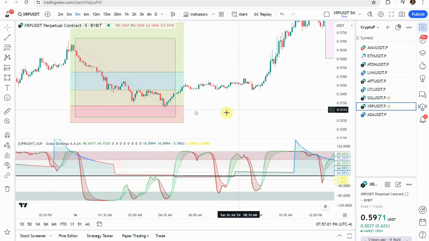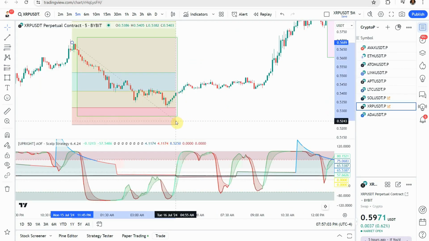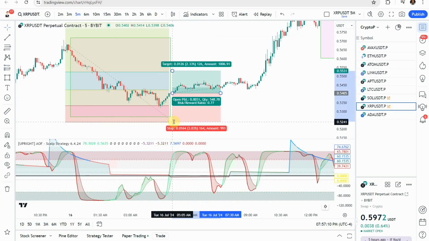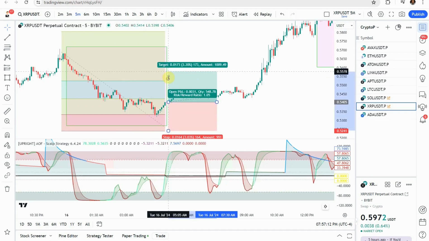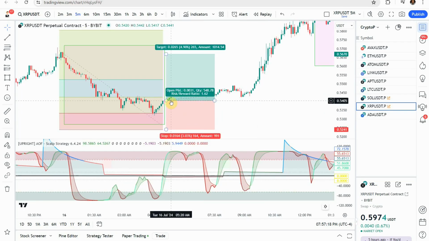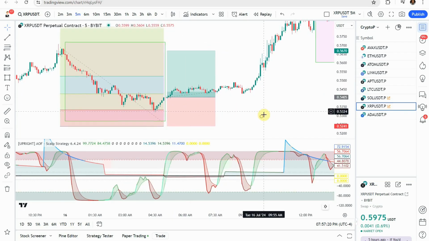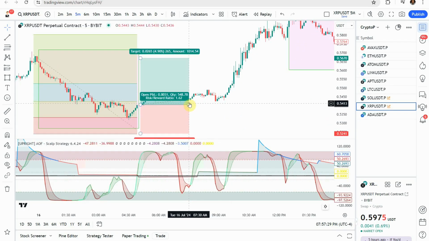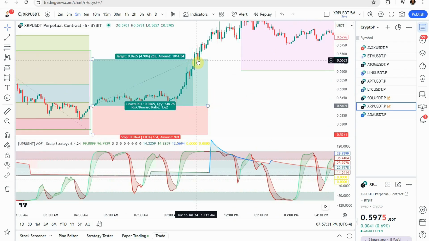Actually, I think we were in a little bit sooner. Let's draw this back like so. And we would put our trade right about here. We would put our stop right about here. And we're going to target a 1 to 1.6. Now that's going to allow for any commissions or any fees that may be associated with the trade. We're looking for a 1 to 1.5 risk reward. And so you can see here that we make this really nice jump to the upside,